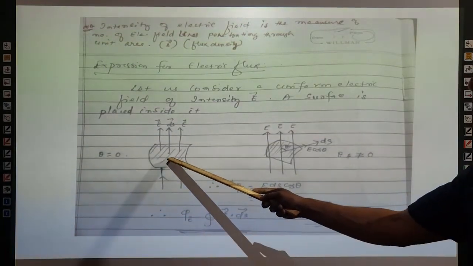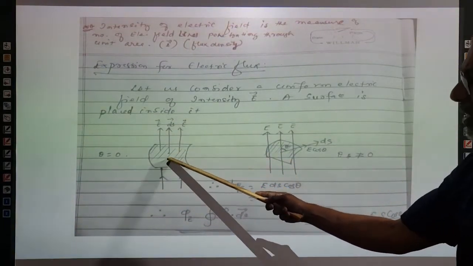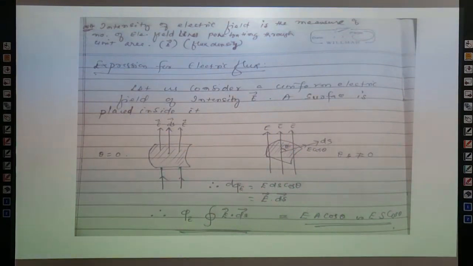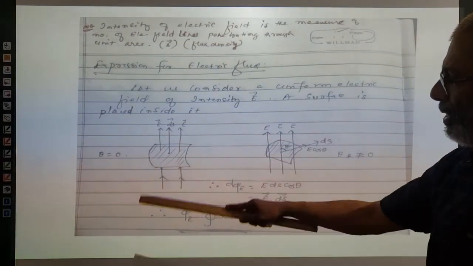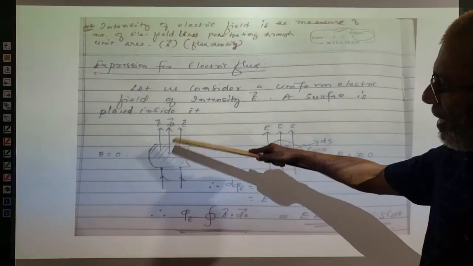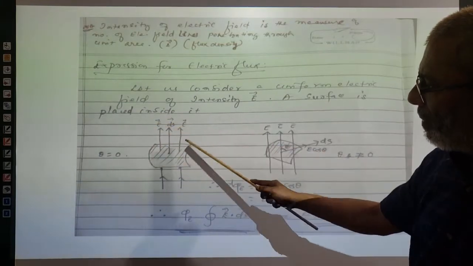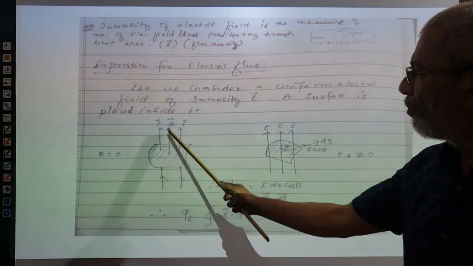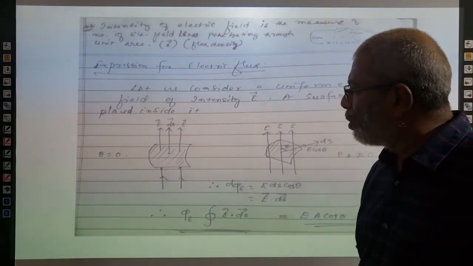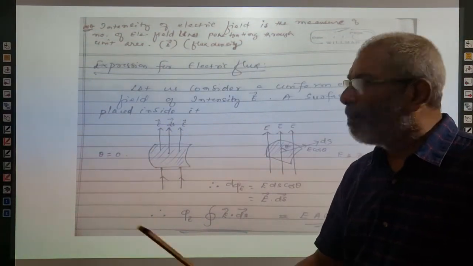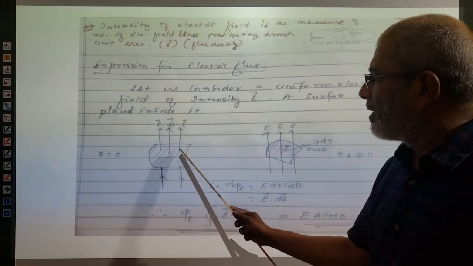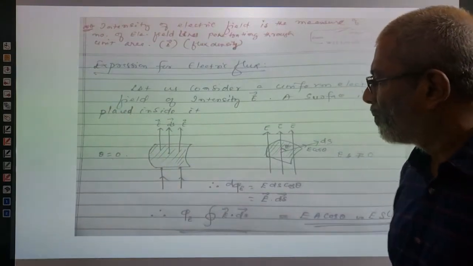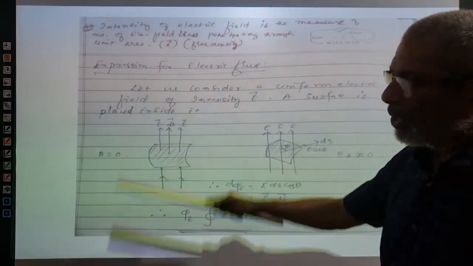So here we are going to derive an expression for electric flux. Here we are considering two surfaces. First, the surface is kept like this in a straight manner. Now it is tilted. This surface is kept in the electric field. See, the electric field lines are parallel because this surface is kept in a uniform electric field. See, surface vector: everybody knows surface vector is a normal placed on the surface. In this case, the angle between the intensity of electric field and the surface vector, theta, is equal to 0. So maximum lines can pass through it.